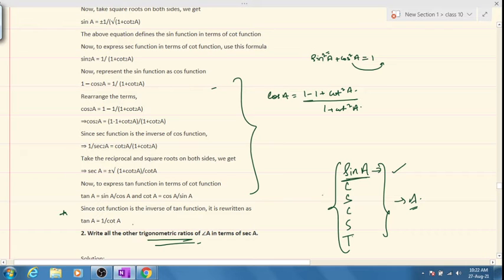Chalo, let's start off with sin. How will you do it? Anyone? Let's see how much of the formulas you'll remember. I'll still write the formulas for you all. Sec square theta minus tan square theta equals to 1. Cosec square theta minus cot square theta is equal to 1. And sin square theta plus cos square theta equals to 1. Now tell me, how will we convert sin theta to sec?